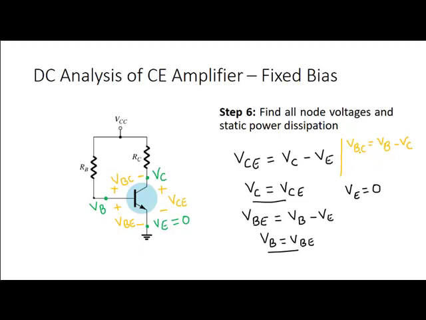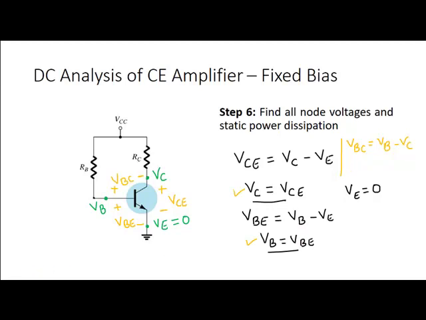VB minus VC is VBC, and we have calculated what VC is, and we calculated what VB is. Plugging in these values, we can easily find VBC. For an amplifier circuit in common emitter mode, VBE should be a positive voltage, that is, the base emitter junction must be forward biased, and the base collector junction must be reverse biased. So if you plug in all the values, you should expect a negative voltage. VBC should be a negative voltage, indicating the base collector junction is reverse biased.